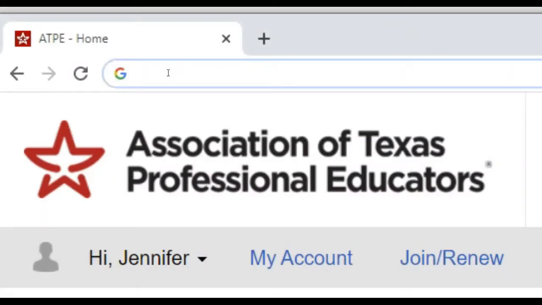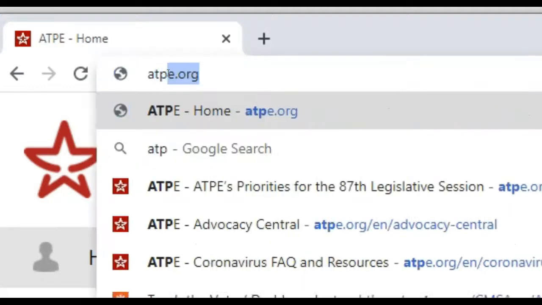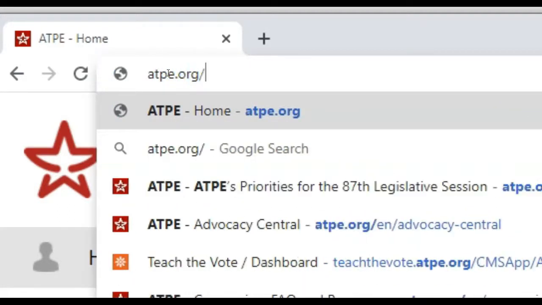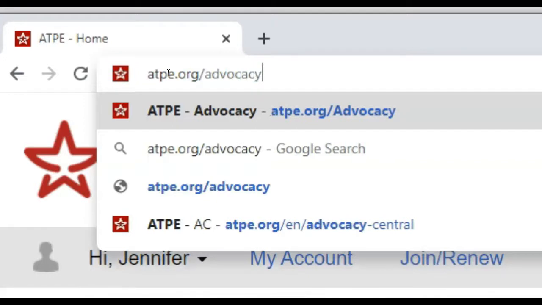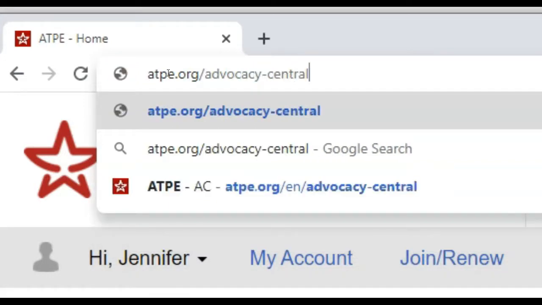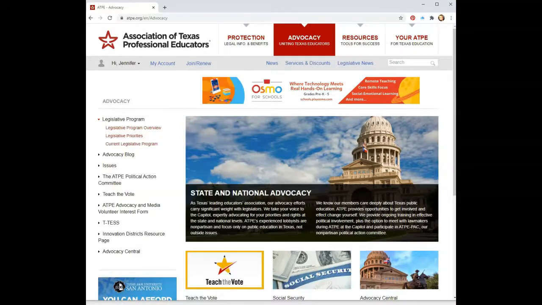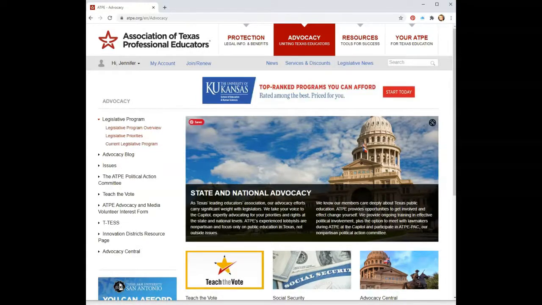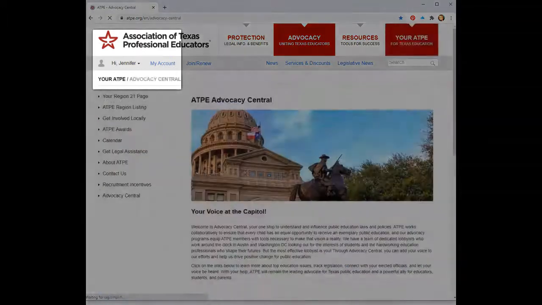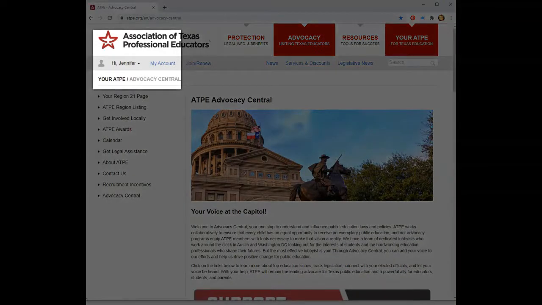You can also access it by typing atpe.org/advocacy-central in your web browser. If you are not already logged into the ATPE website when you arrive at Advocacy Central, you will be prompted to do so, and then boom, you're in.